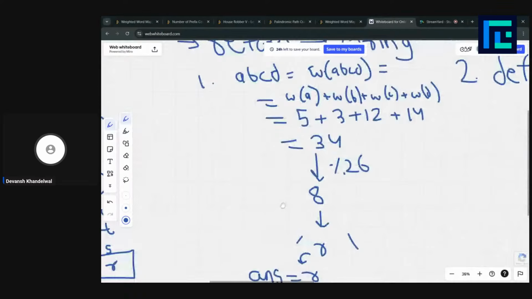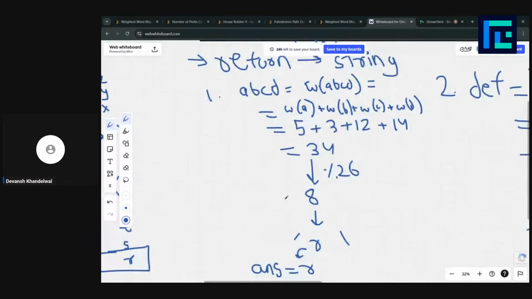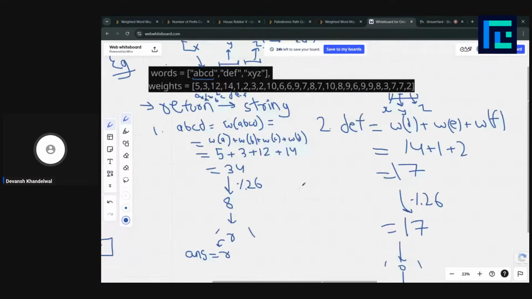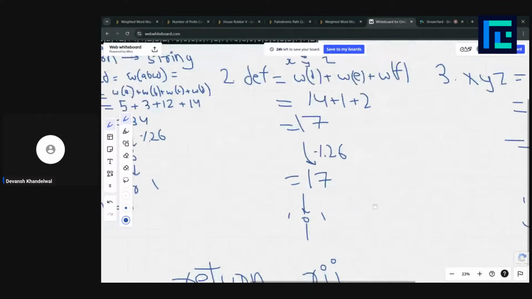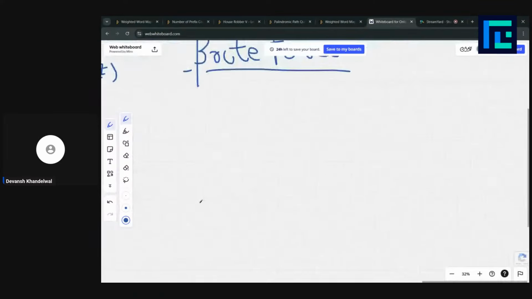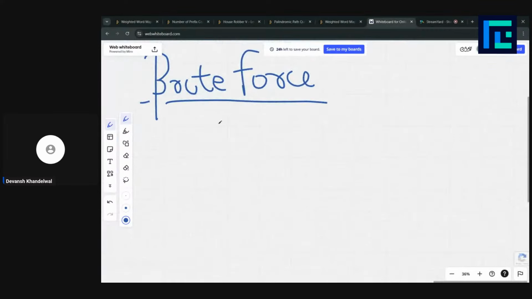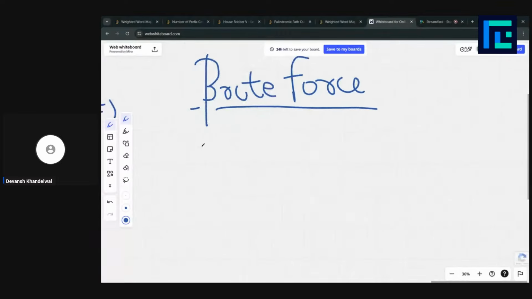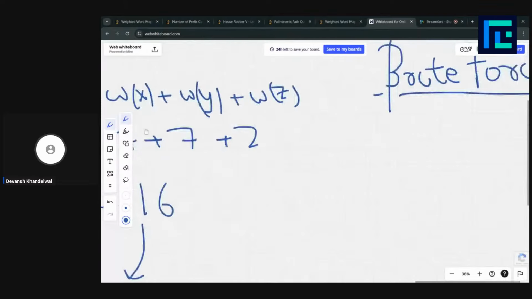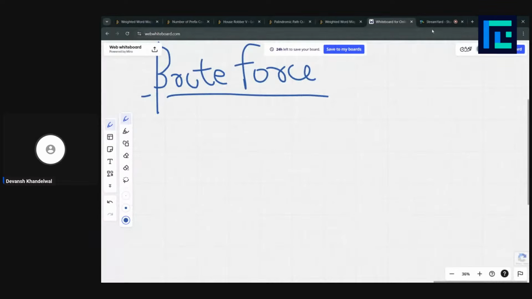And using this, for each word we are going to get a character, right? And then we are going to just combine each character that we got from each word. So the brute force is pretty easy and pretty standard. It's already given in the problem. You don't have to do that much else.